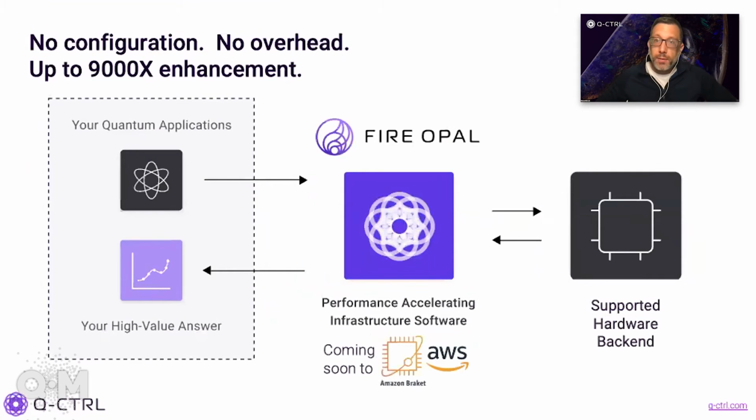The core product offering for end users is a tool called FireOpal. This was previously announced to be forthcoming this year on AWS Braket, and it is exceptionally simple for the end user. The end user who has developed their own application for either their production workflows or their R&D simply feeds a description of their circuit into our software. Everything else happens in an automated fashion, including the connectivity to the hardware backend. We return to you an answer that has improved utility to you.